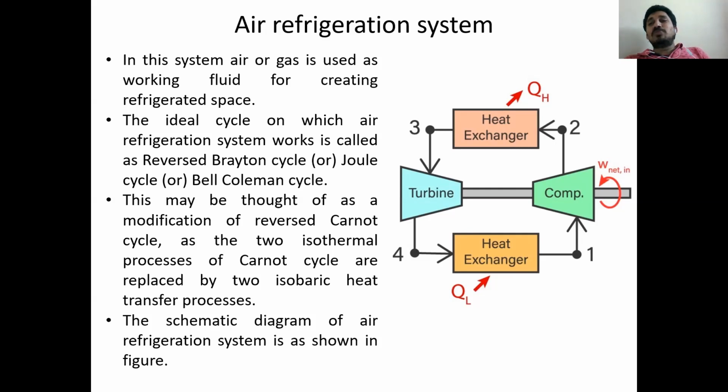Turbine or expander. What happens in the turbine? The turbine is a power developing machine in which a rotating element is there. When fluid passes through a rotating element, its energy level drops. With the drop of energy level, mechanical energy develops. So while the fluid is passing through the turbine, expansion takes place and pressure drops. Along with pressure, temperature automatically drops.